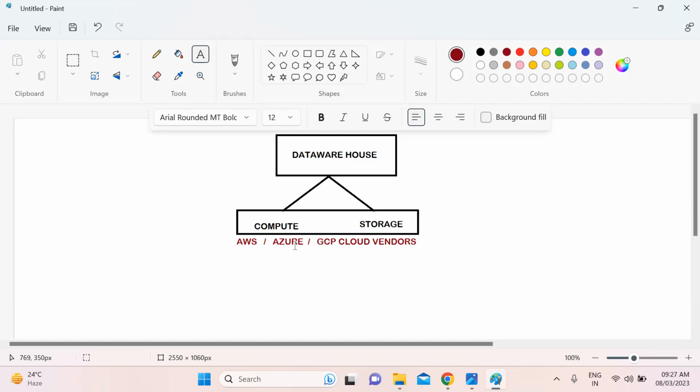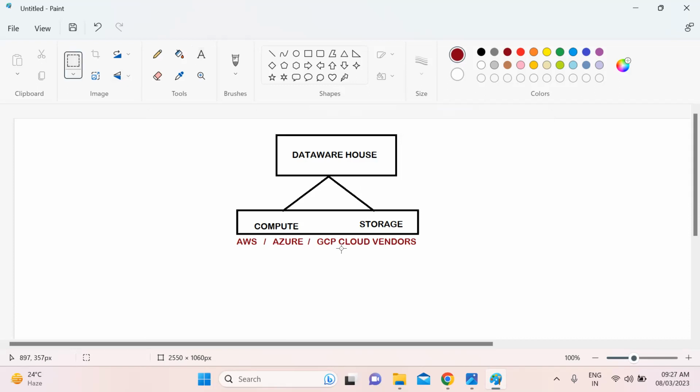So for a data warehouse, compute and storage are needed, but they will be provided by major cloud vendors like AWS, Azure, GCP. Got my point?